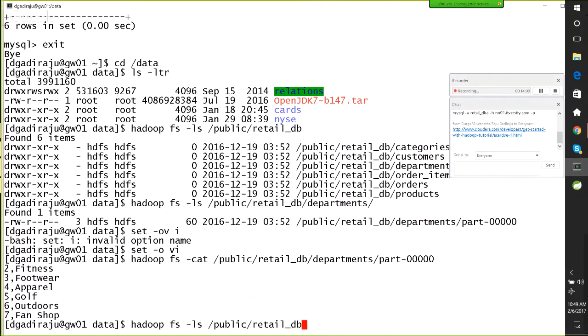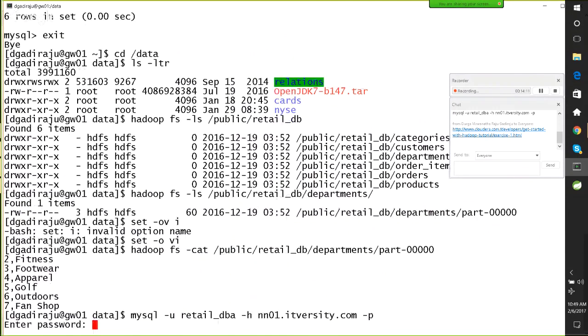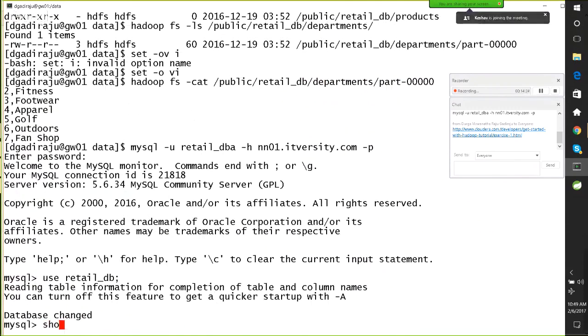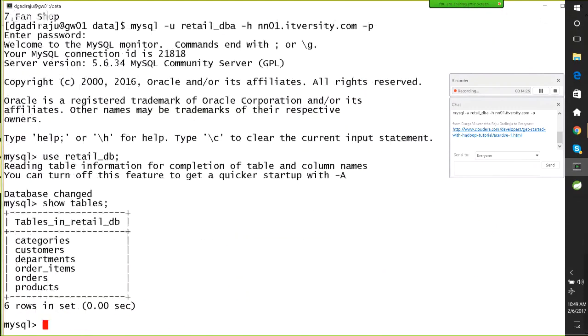I'm connecting to the database to show certain things. I'm connecting to, again, the MySQL database by using username retail_dba and password ITversity. And then I am connecting to the retail_db database. Okay. And then show tables. We have 6 tables, and we are talking about